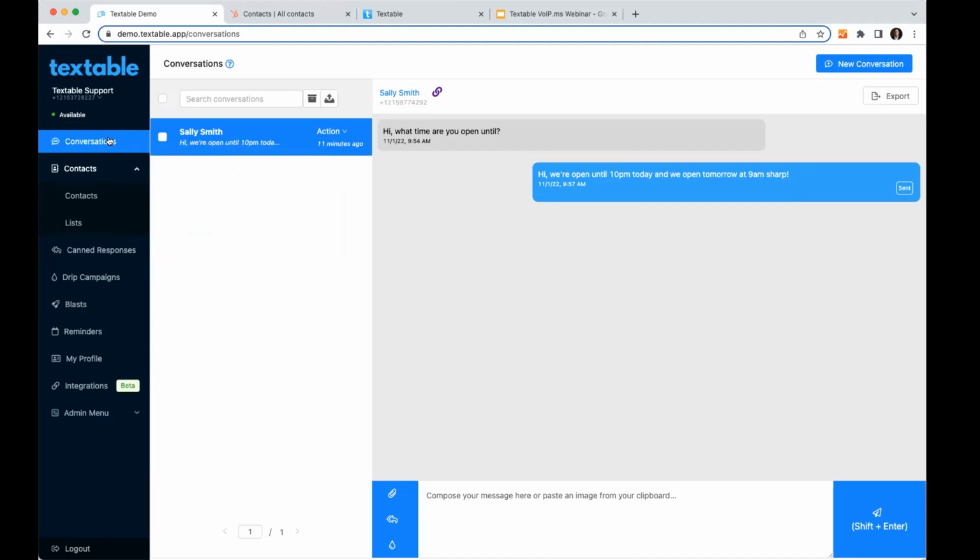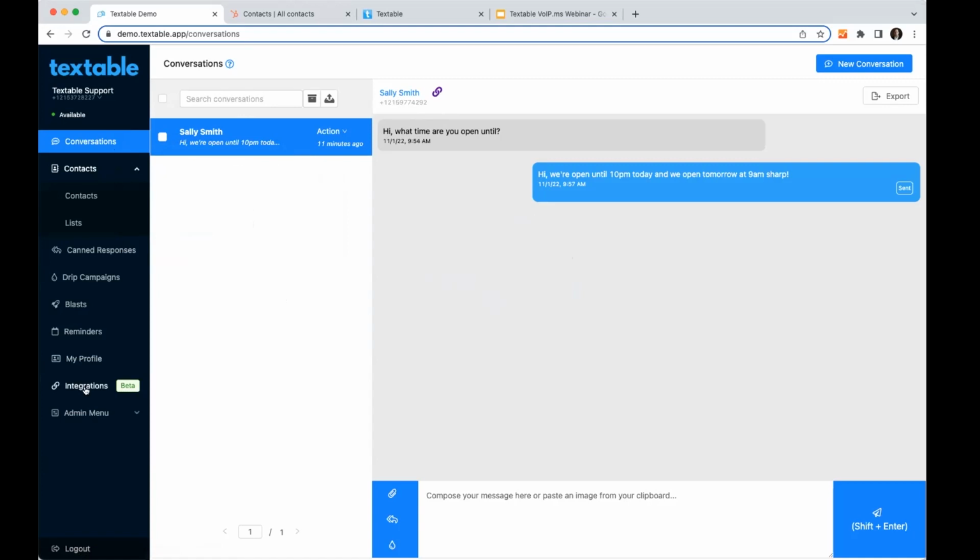Next down is the conversation list. This is sort of the meat and potatoes. This is where you're going to spend most of your time in the application. Again, it looks like your standard chat application. Over here on the left, we've got our list of active conversations. On the right, I've got an active conversation. In the conversation view over here, you can see my contact name, phone number, and this little link here. This link is something new.